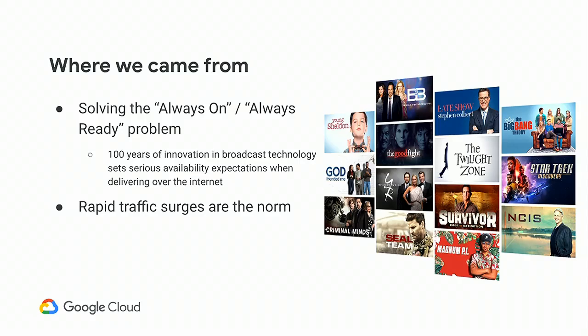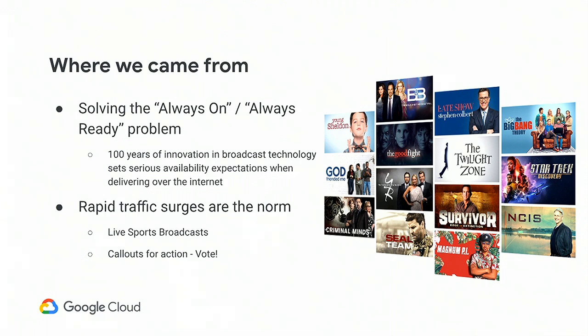One of the things that we face is that we're constantly bombarded by rapid surges in traffic, meaning that we have to scale up very quickly. I mentioned some of these tentpole events like the Grammys or the Super Bowl. And it can be a big challenge to scale up so quickly. Live sports broadcasts that our sports team has to deal with and that we're often dealing with ourselves. As I mentioned, the March Madness, the championship there was one of the more exciting events in just the last week.